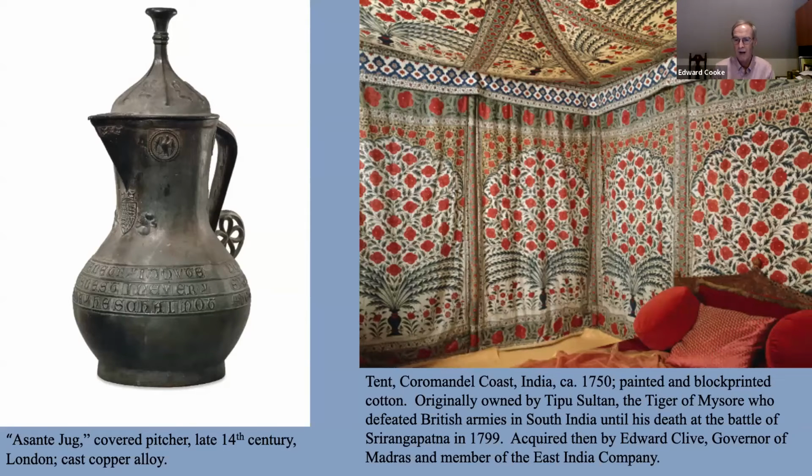This was acquired by one of the generals in charge of the conquest of Tipu Sultan's palace, who then gave it to the governor of Madras, Edward Clive, as a thank you for support. And so now it's back in the UK, asserting Clive's own status as an aristocrat, not simply a member of the East India Company, a person who was taking advantage of extracting wealth and influence from South Asia.